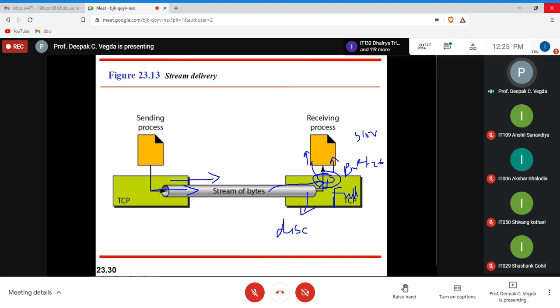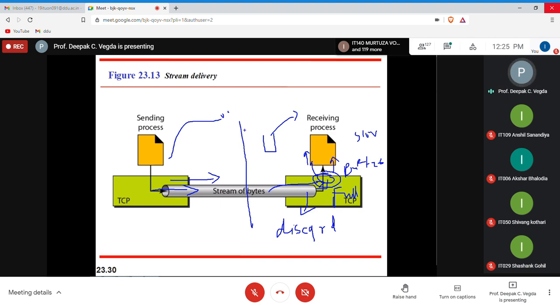Why discarded? Because you cannot keep it on the link. That may cause traffic. So if your buffer is full, your data will be discarded here. That is what is going on. Suppose, as I was explaining, you and your friend are both playing a game. Your buffer is a kind of bucket here. You are throwing balls at your speed. Your friend is receiving them, processing them and writing them here.